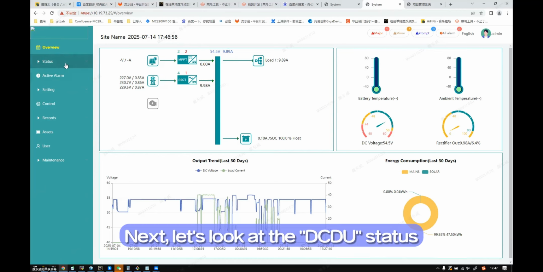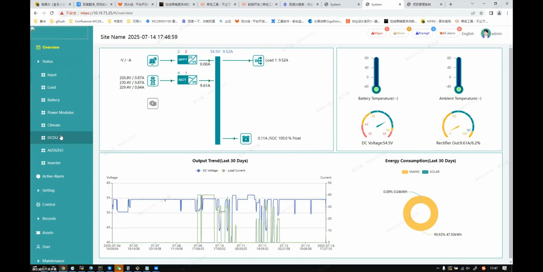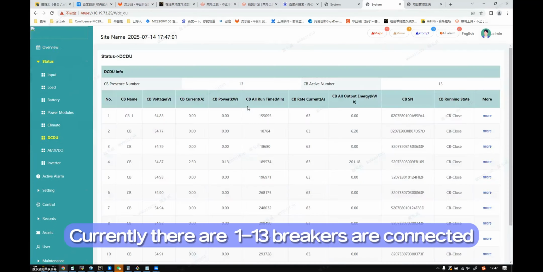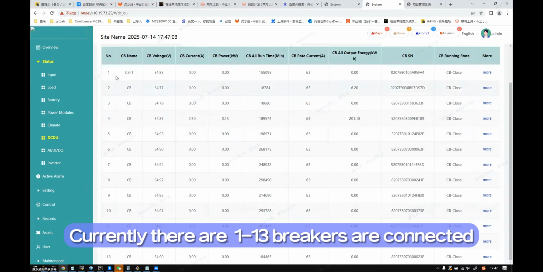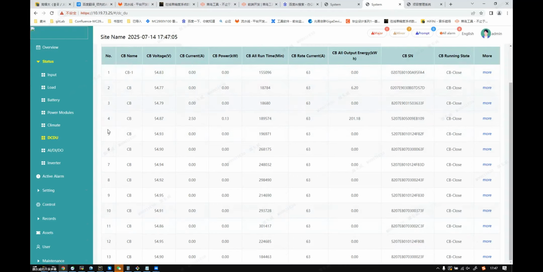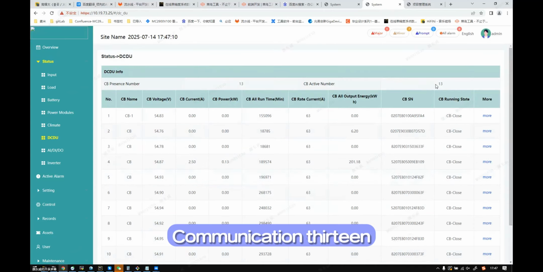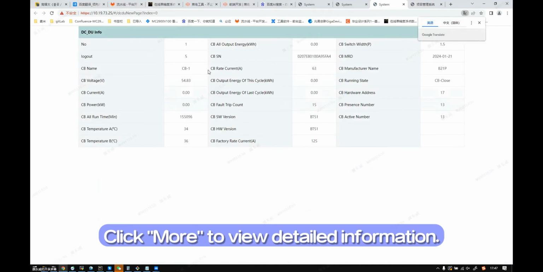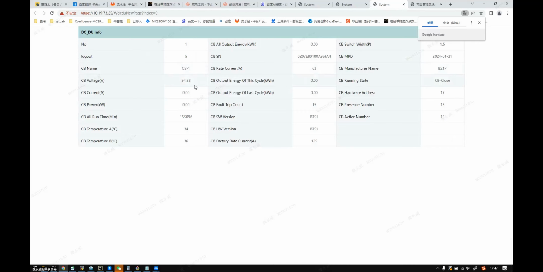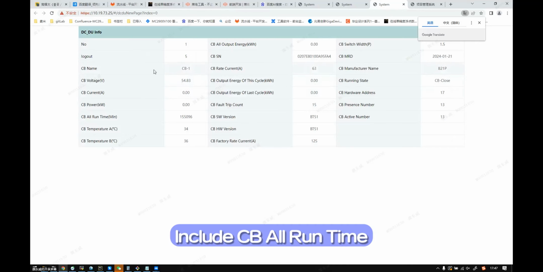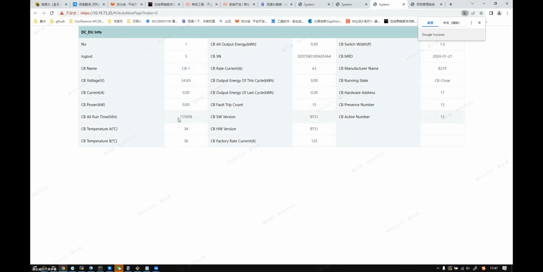Next, let's look at the DCDU status. Currently, breakers 1 to 13 are connected. Communication 13. Presence 13. Click more to view detailed information. Include CPU runtime, CB temperature, some information about energy,